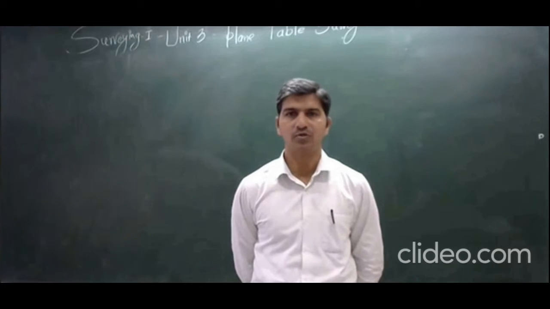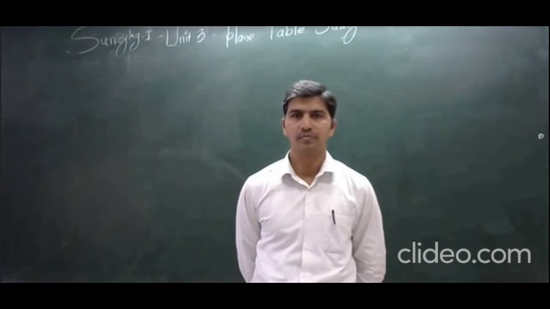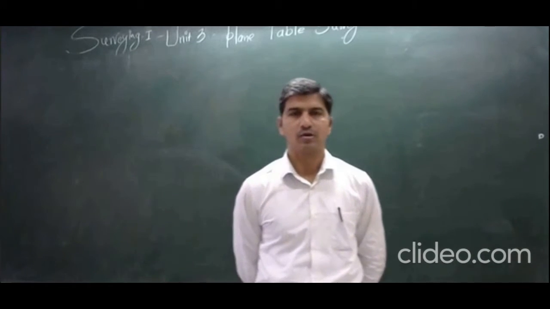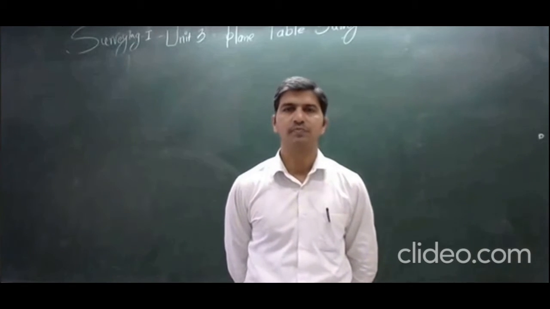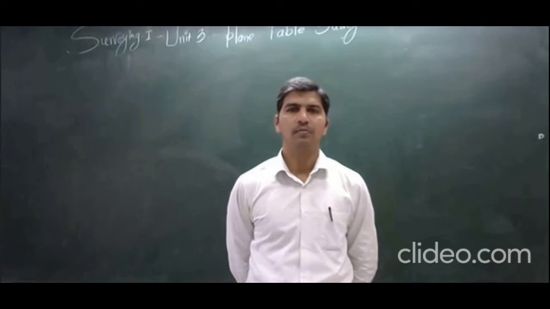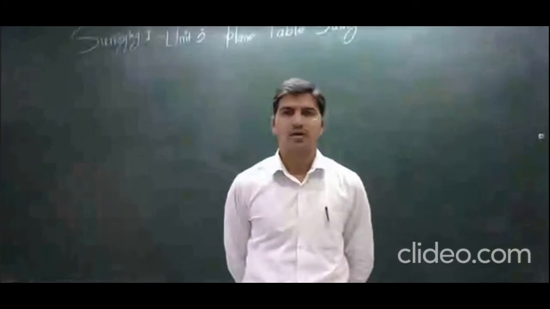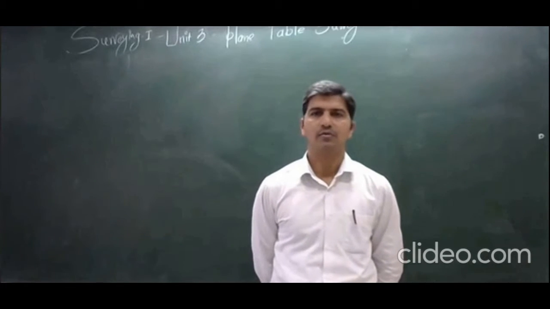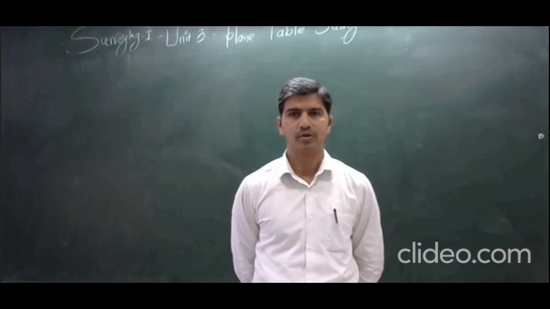So today we are going to start with unit number 3, which is plane table survey. In the previous lecture, we finished a part of unit number 2, which is areas and volumes. We have seen the methods to find out the area of a zero circle. We have seen there are 5 methods, and we have also completed the whole part with assignment number 2.